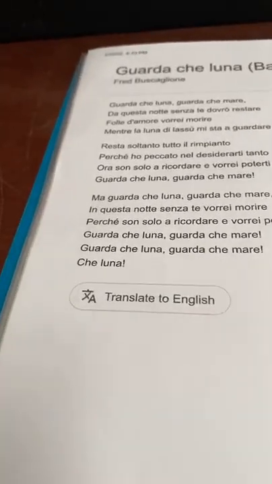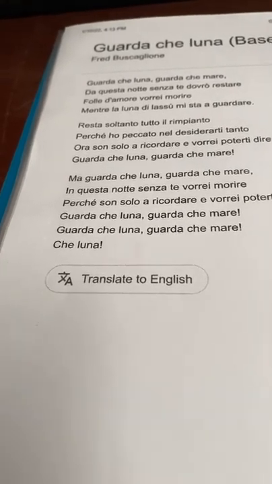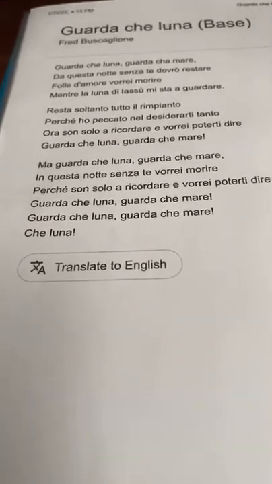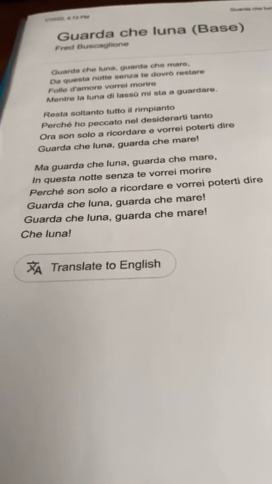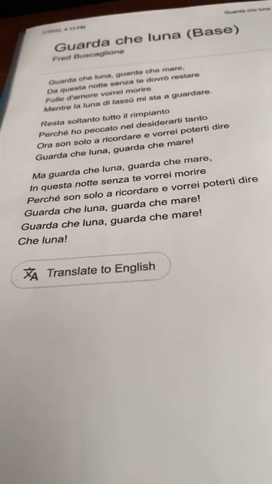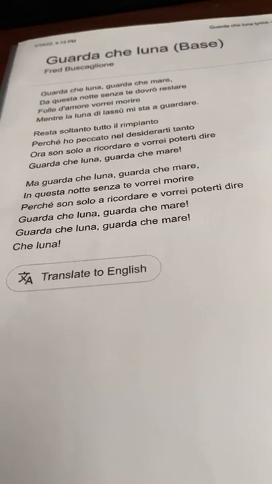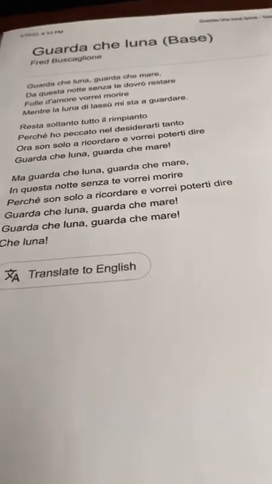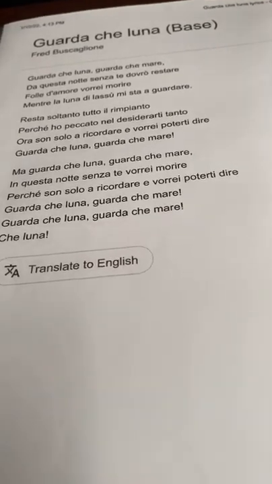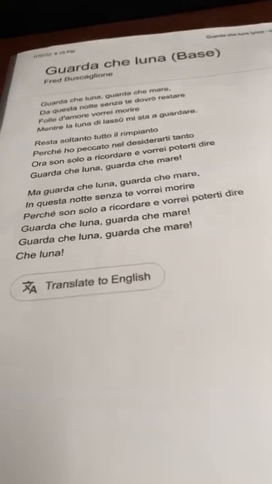And let's go. Guarda che luna, guarda che mare, da questa notte senza te dovrò restare. Folle d'amore, vorrei morire, mentre la luna di lassù mi sta a guardare. Resta soltanto tutto il rimpianto, perché ho peccato nel desiderarti tanto. Ora son solo a ricordare e vorrei poterti dire guarda che luna, guarda che mare, ma guarda che luna, guarda